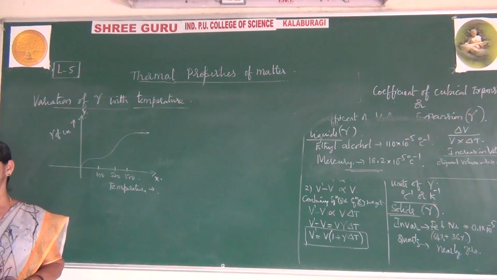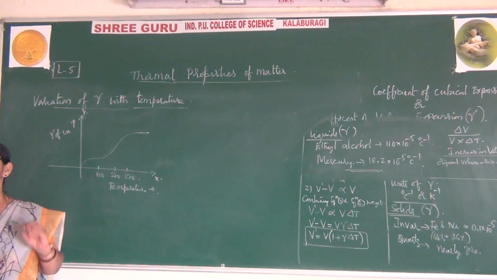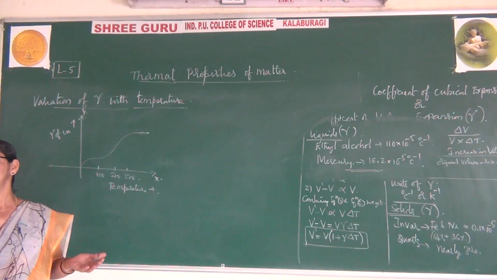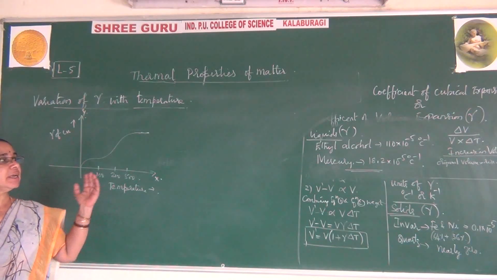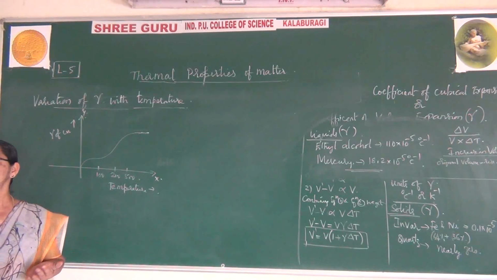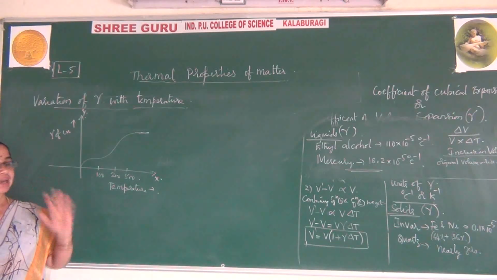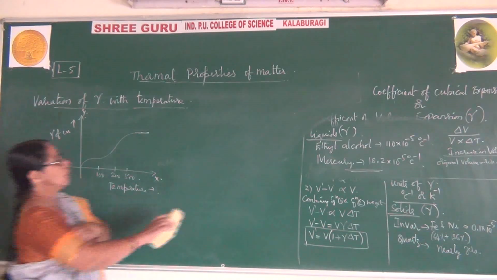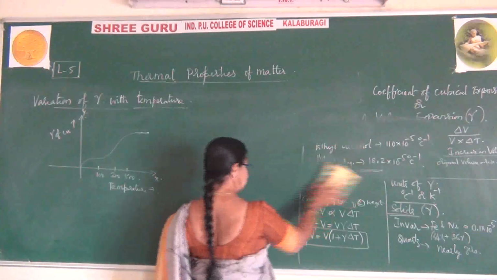This is a mathematical expression, in a very simple way. You have to use the perfect gas equation, and we keep constant pressure, and using that constant pressure you get the expression for gamma. What is gamma? Gamma is called the coefficient of cubical expansion. So we also write the coefficient of cubical expansion of an ideal gas at constant pressure. I will give the question for this.